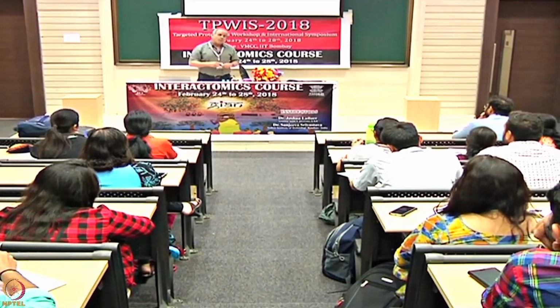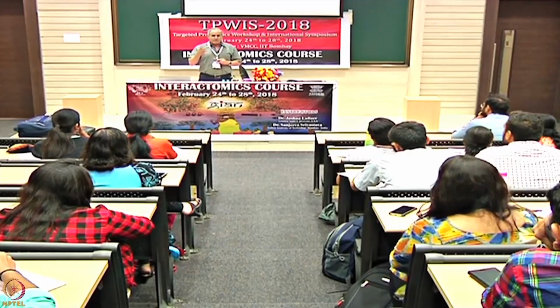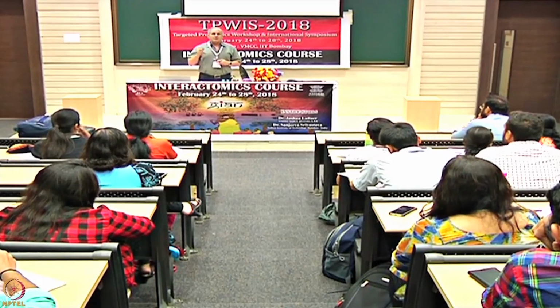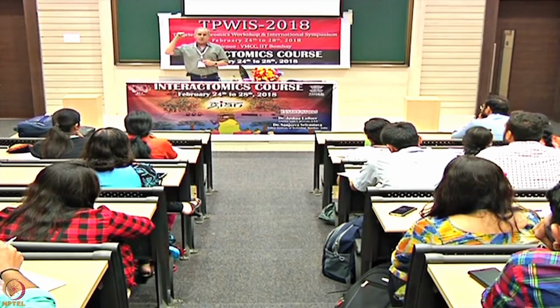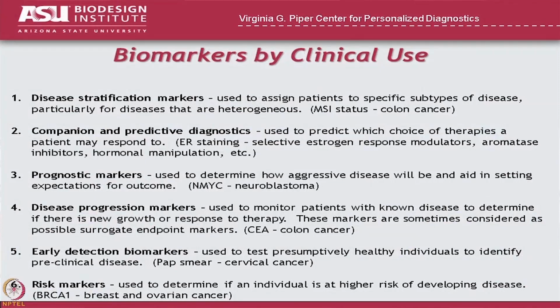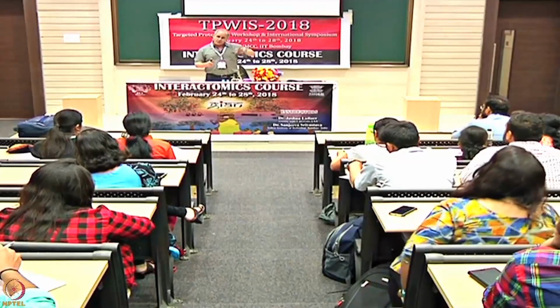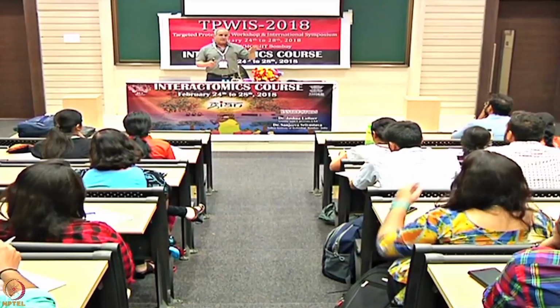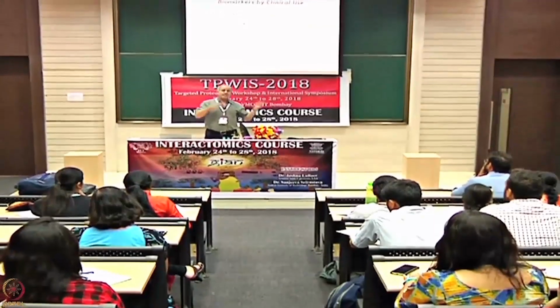So you could give, so that would be one way to do it. People who have a family history, that would be a great idea. Implicit in what you're saying is that you're using early detection markers on healthy people, or apparently healthy people, right? So all these other markers that I've talked about before, right? Disease stratification, companion markers, prognostic markers, disease progression markers, those are all people who are already in your clinic and they're already sick. And your job is to use these markers to tell you something about the state of their illness. But an early detection marker, that's something that you give to a healthy person to see if they're sick.